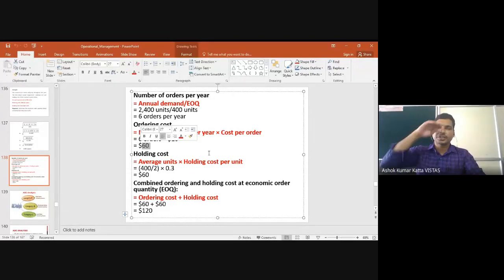So before you give an order to somebody, you must know what the ordering cost and the holding cost are that you are spending. Only then will you be very bold and strong on that. What is the expenditure we are spending on this? Can we try to minimize those things? Yes. How? By giving nominal or minimal orders. Instead of giving 6 orders, if you give only one order, that means $10. Or if you give two orders, that means only $20.